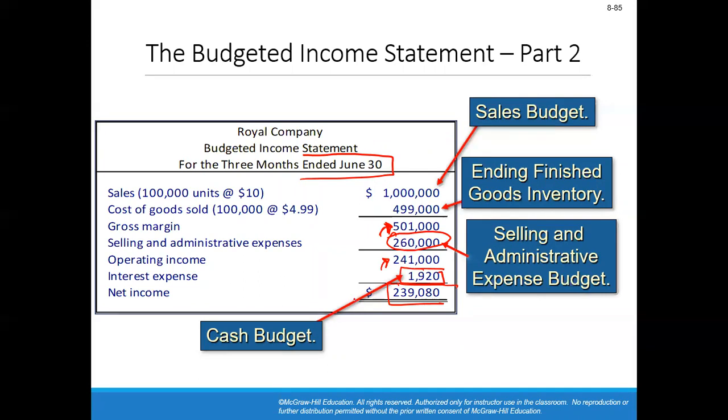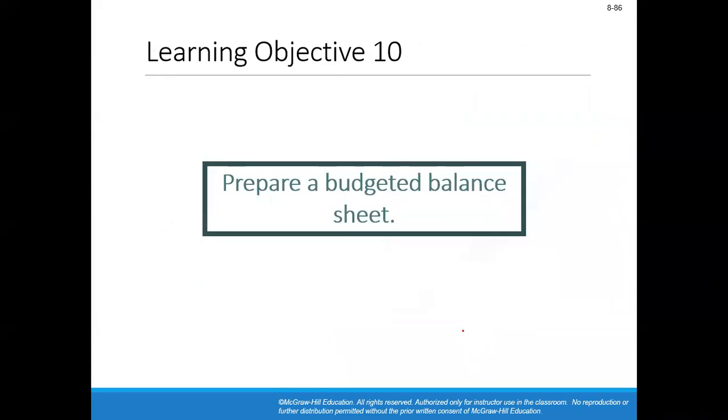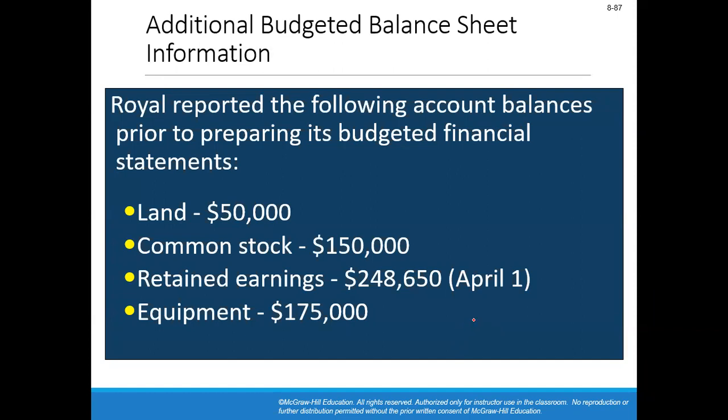budgeted balance sheet, you can recall that most of the items with which we have worked are numbers or items for the income statement. We have very limited items for the balance sheet. So you can recall that we made a purchase of equipment in the months of May and June. So we have some numbers for the balance sheet, but still some additional information for Royal has been provided to you for preparing the budgeted balance sheet. You see the land is 50,000 at the end of the June quarter, common stock of 150,000, retained earnings in the beginning of the quarter 248,650,